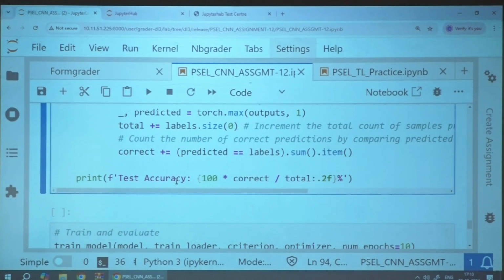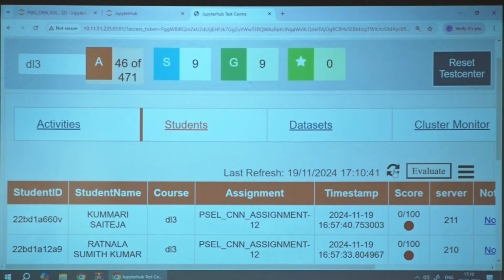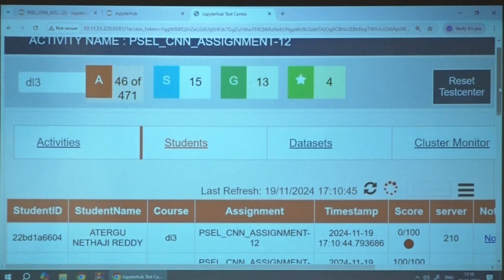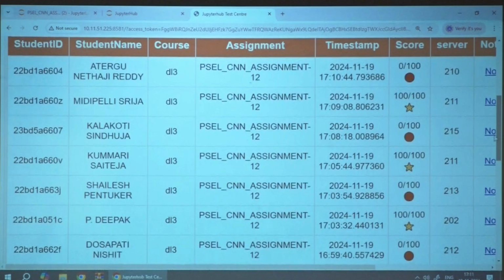Anybody got it executed? Revaluation? Okay, I am going to evaluate. Three members, four members: Srija, Sai Teja, and Deepak.